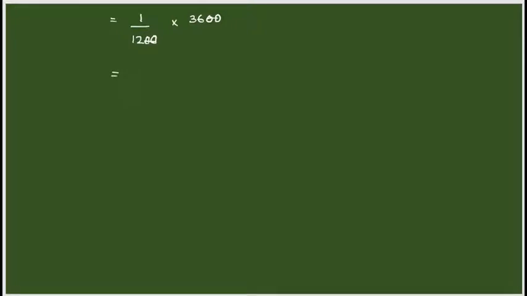Now 12 by 36. 12 ones are 12, 12 threes are 36, so we get 3. What is this 3? It is nothing but 3 months. Therefore, the number of months taken to earn 3600 equals 3. That you have to write as the conclusion. Therefore, the worker earns rupees 3600 in 3 months. This is the conclusion, children. Hope you understood this.